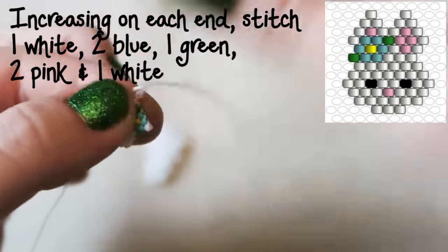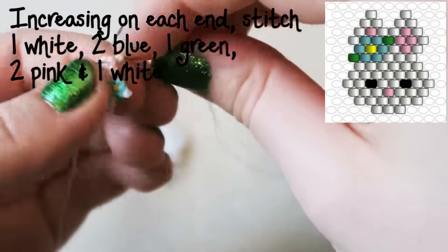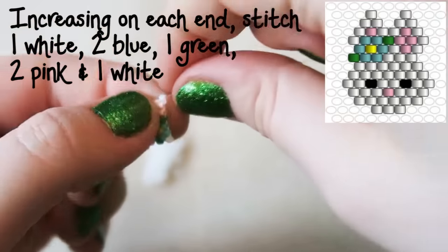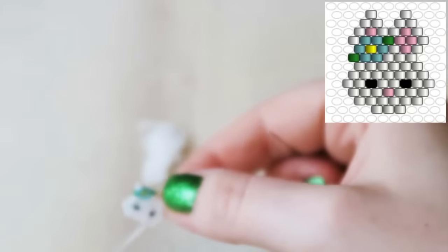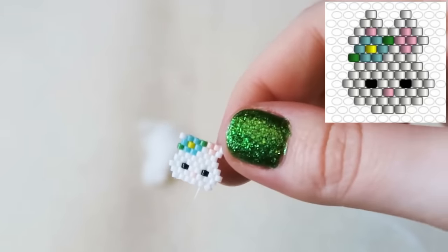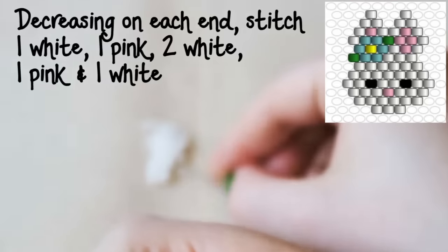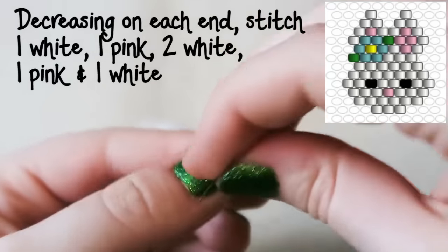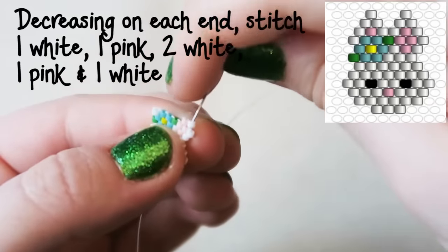And then attach 1 more white bead. So we're going through that final thread bridge twice because we are increasing on both ends. And turn. So now we're going to decrease on both ends, or I'm going to have a sip of tea first, because that's what I'm doing then. Decreasing on each end, I'm going to pick up 1 white bead and 1 pink bead, going through that second thread bridge, decreasing